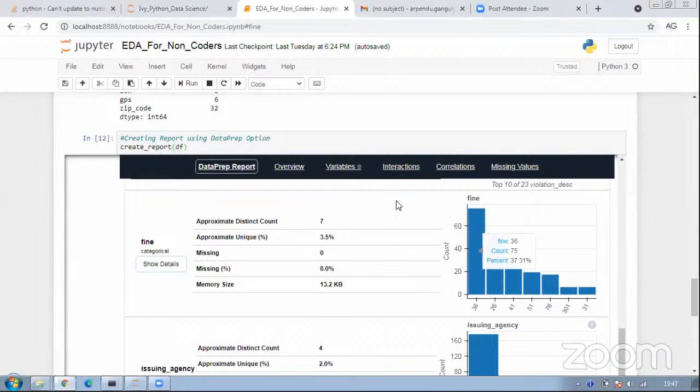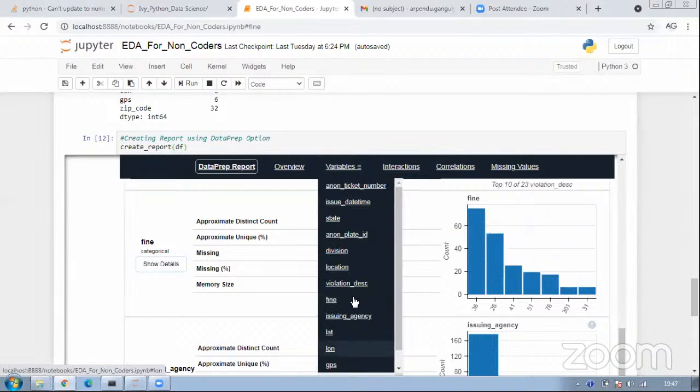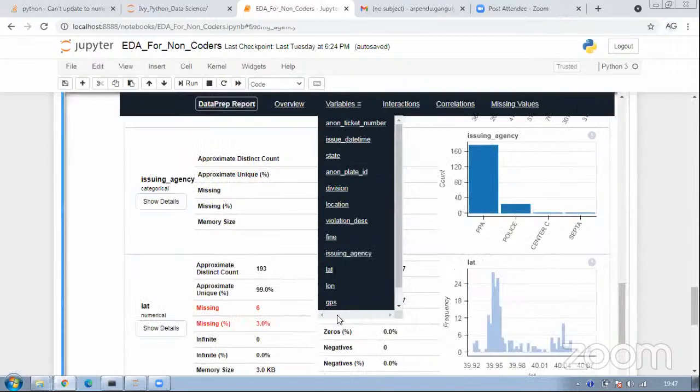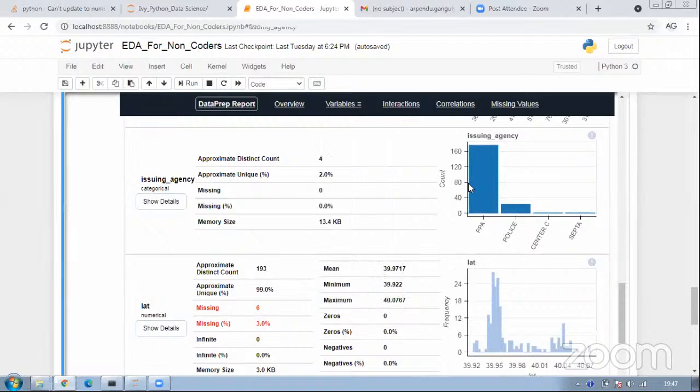So that's how you can select any of the variables, and that's what I refer to as interactive. This can be as interactive as possible. For example, let's see which was the maximum issuing agency.